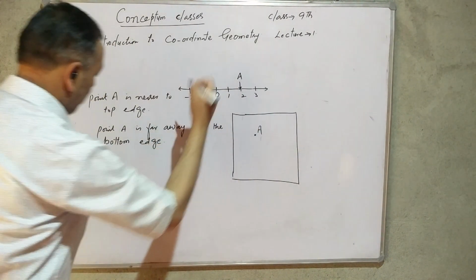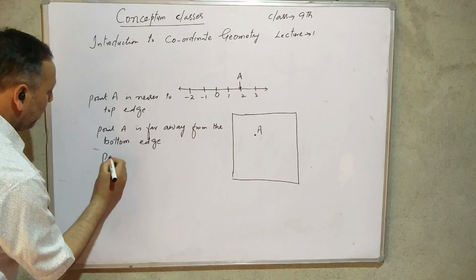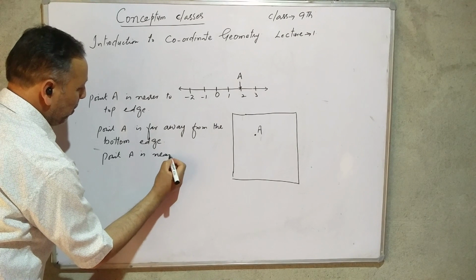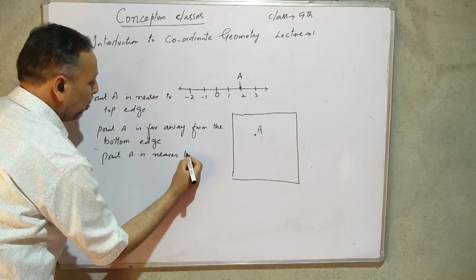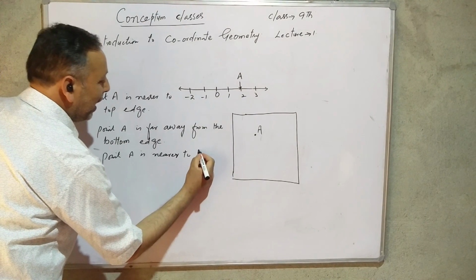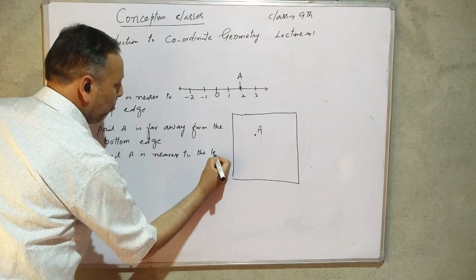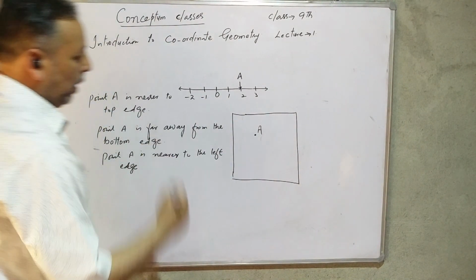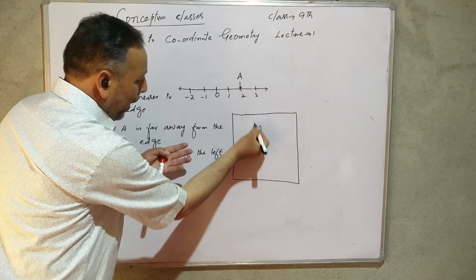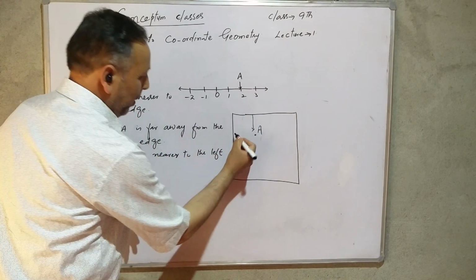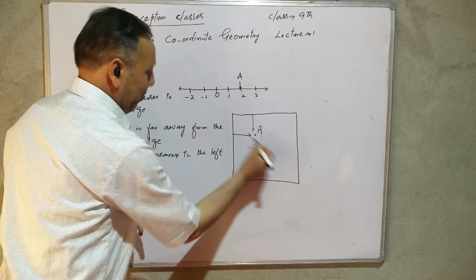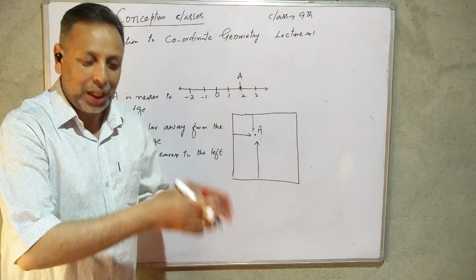You may say point A is nearer to the left edge. आप कह सकते हैं पॉइंट ए टॉप एज से थोड़ा दूर है, लेफ्ट से थोड़ा दूर है, बॉटम से बहुत ज्यादा दूर है. But these statements,